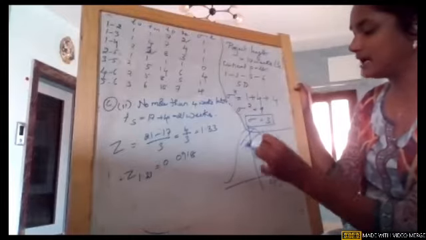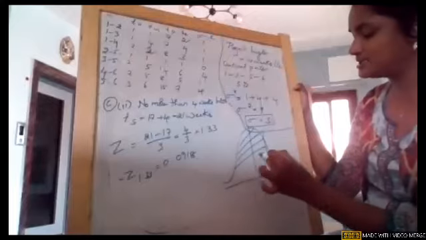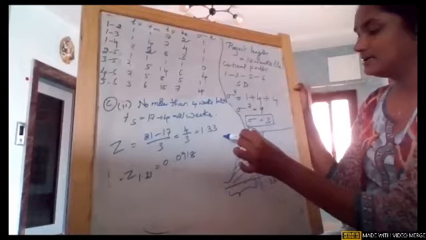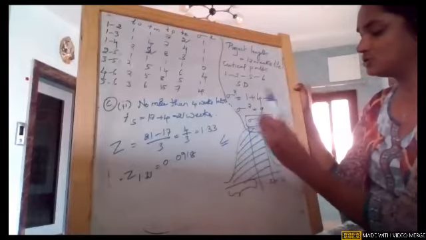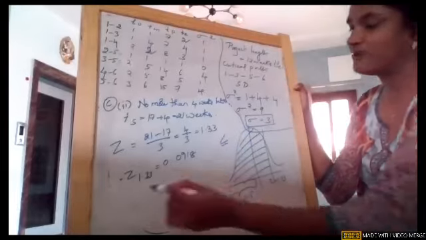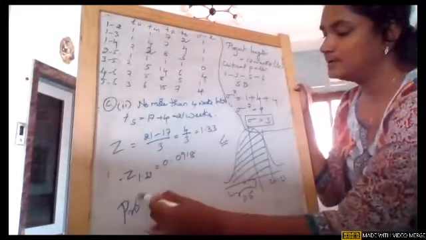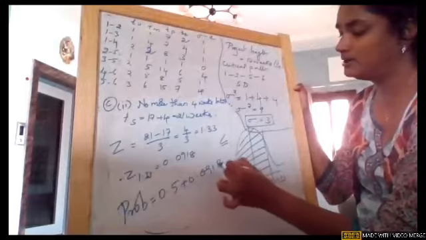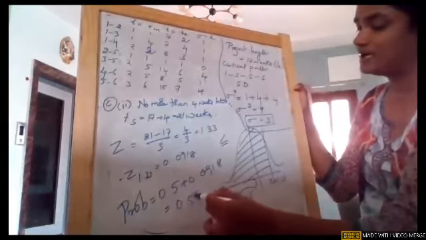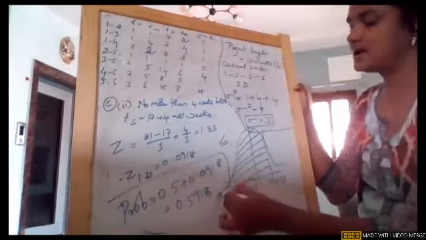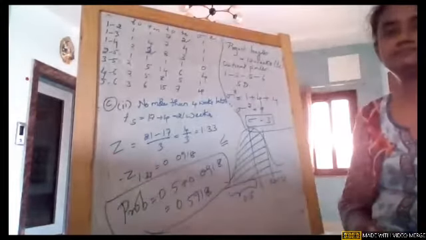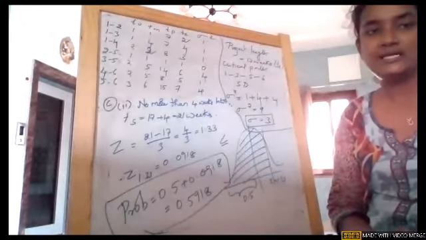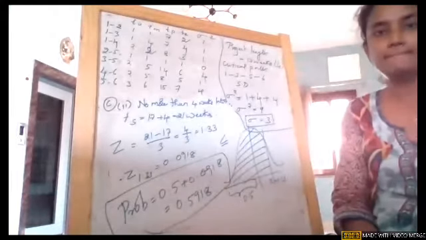So again the answer is the same, girls, but the graph changes, where the graph is also very, very important. As no more than means less than or equal to, we take the left side of that line, so this is 0.5. So the probability is again the same, which is 0.5 plus 0.0918, which is 0.5918. Answer is the same, but the graph is different, because they took the same value, 4 weeks earlier, 4 weeks later. So that is the reason the answer is the same. Okay.